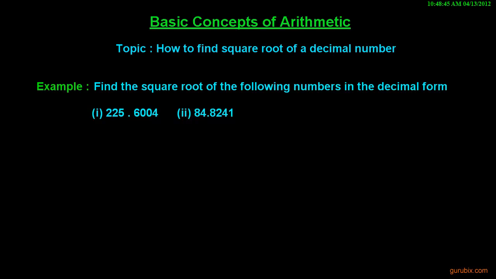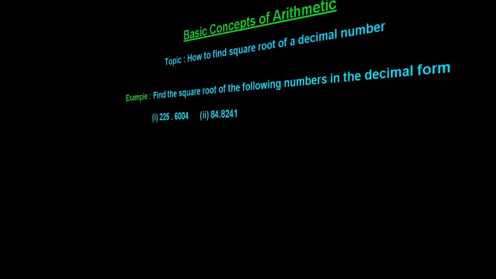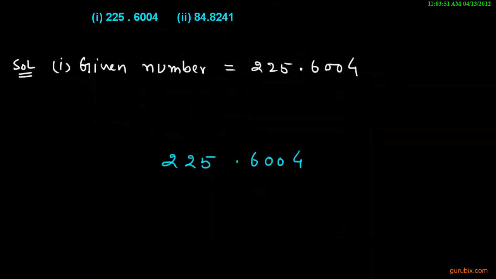Find the square root of the following numbers in the decimal form. In this video we are given two decimal numbers and we have to calculate the square root of these decimal numbers by using the long division method. Now we shall start with part 1, and in part 1 the given number is